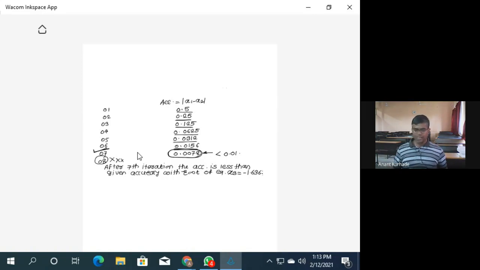It is not like M1, M2, M3. No need to remember any formulas. As the name indicates, bisection: bi means two guesses. Bisect the initial guesses. How can you bisect? All of you know how. We are taking the average of two numbers: addition divided by 2. Okay, it is simple.